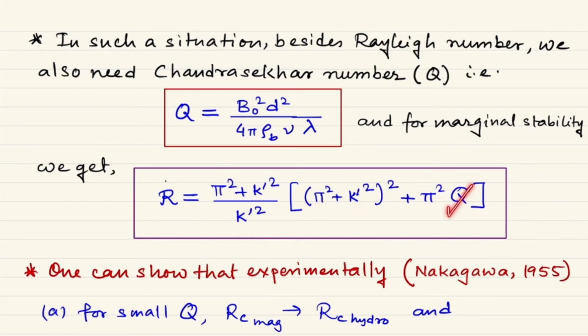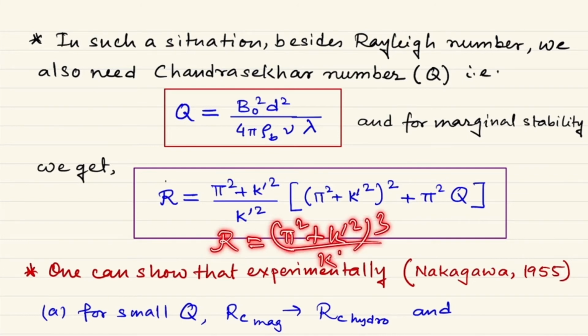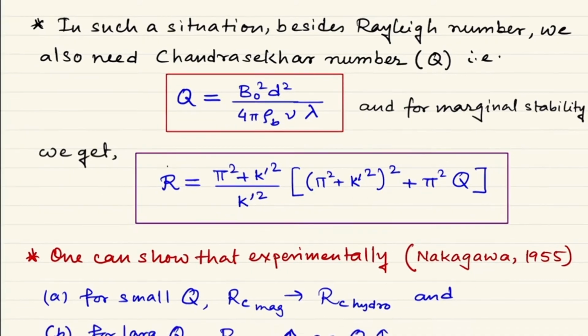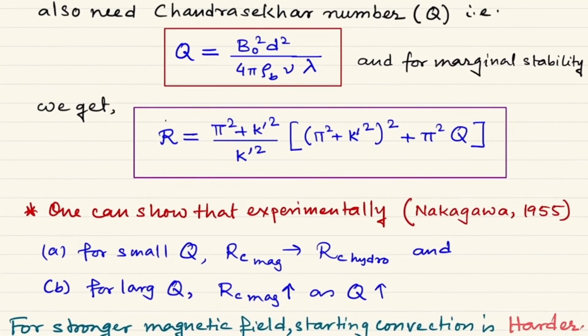Now if Q is equal to 0, we simply have R is equal to (pi square plus k prime square) whole cube by k prime square. Now can you remember something? I hope you can. And then one can show experimentally, actually this was Nakagawa, who in 1955 experimentally found that for small Chandrasekhar number, what happens is that the critical Rayleigh number for the magnetoconvection, the critical Rayleigh number being the minimum value of the marginal Rayleigh numbers,